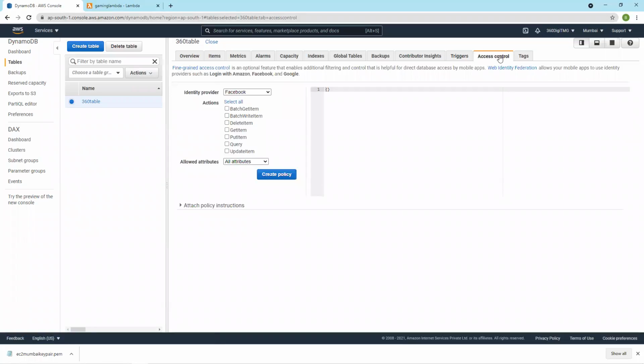Access control. In this access control, you can see identity providers like Facebook. If you want to provide access to other applications, Facebook and Google are already there. To get item, write item, delete item, query item or update item, you can create a policy.